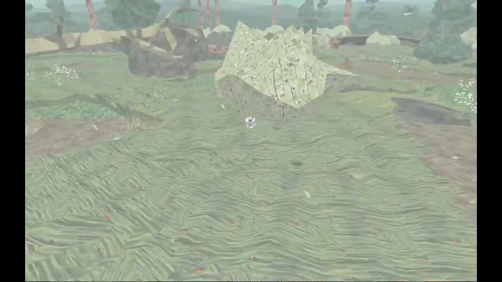So let's try to run under here and get down quick. Come on, little guys, you can make it! Okay, cool. So our main goal is to get across and get to that big tree that we saw before. But of course, we want to be very cautious,